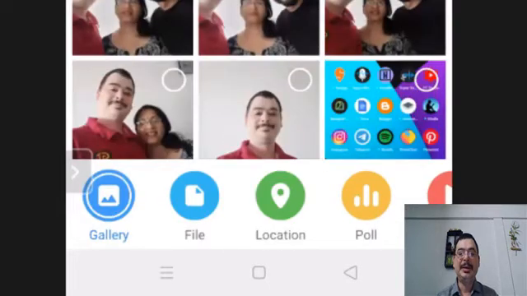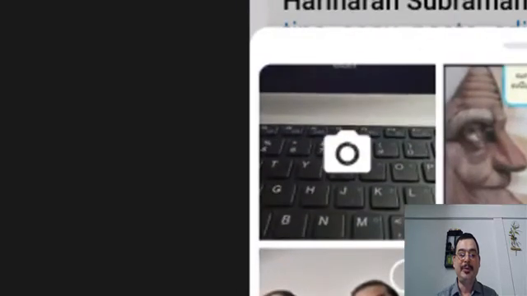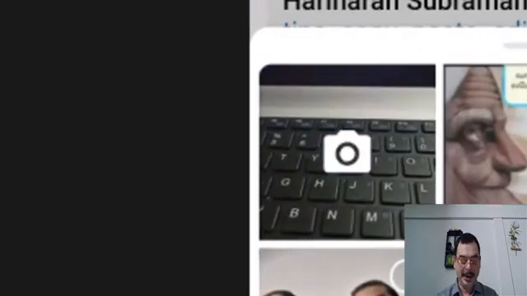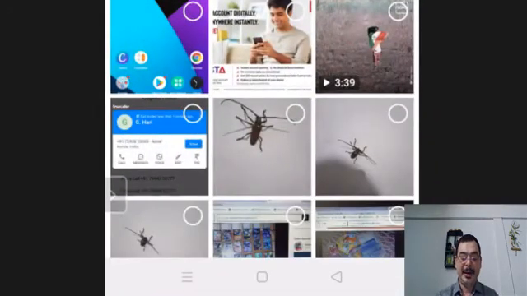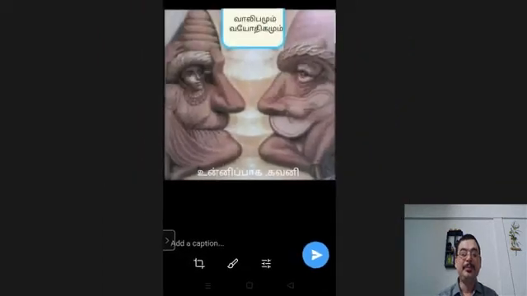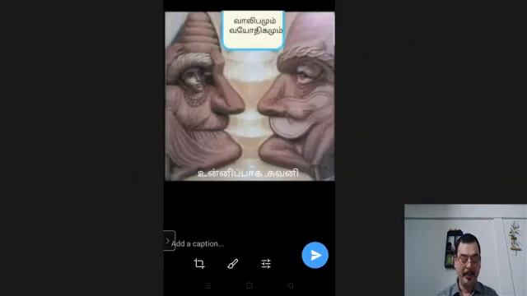The first thing is the gallery, and in the gallery you can see one place. You can see my camera taking the photograph, and if you touch the gallery, you can see the gallery opens here. I can select any photo I want. There are editing options in the bottom.